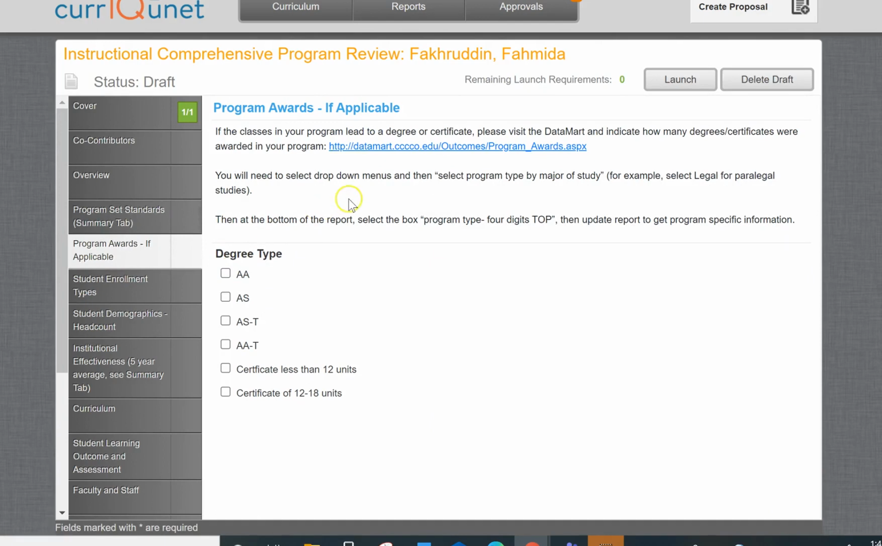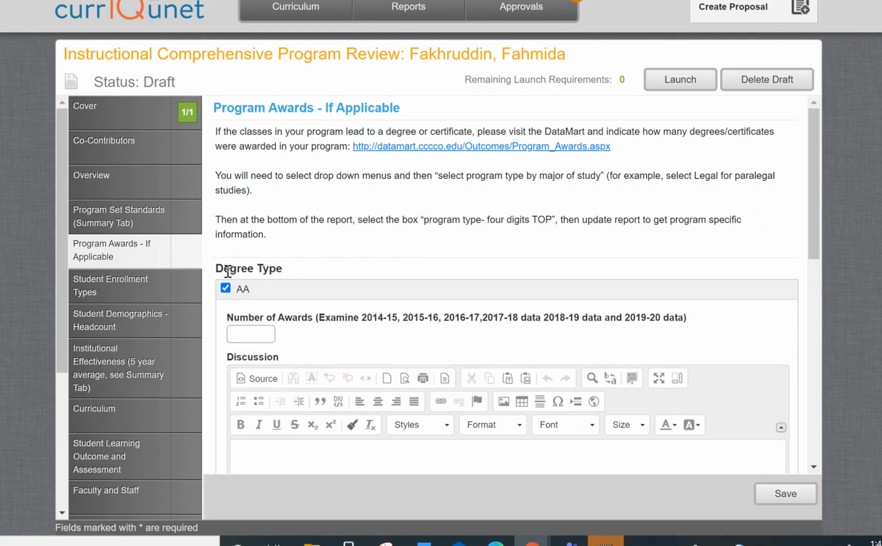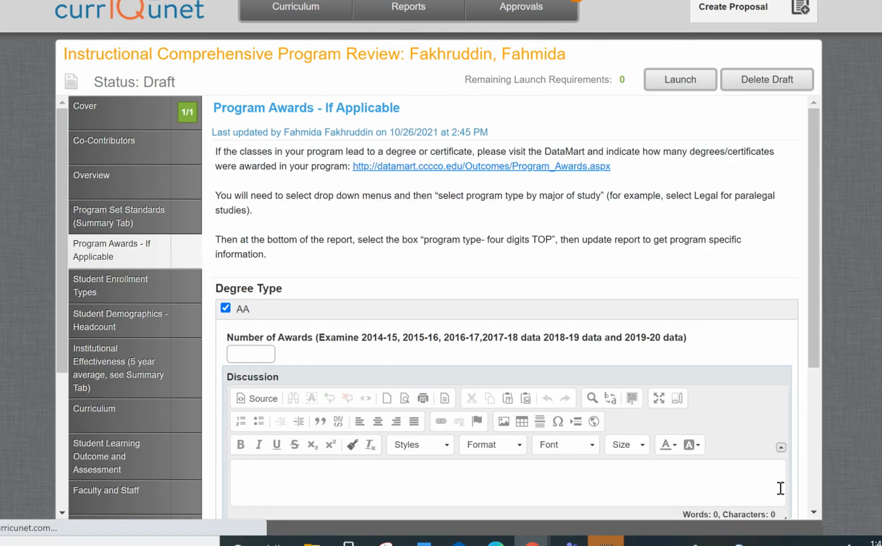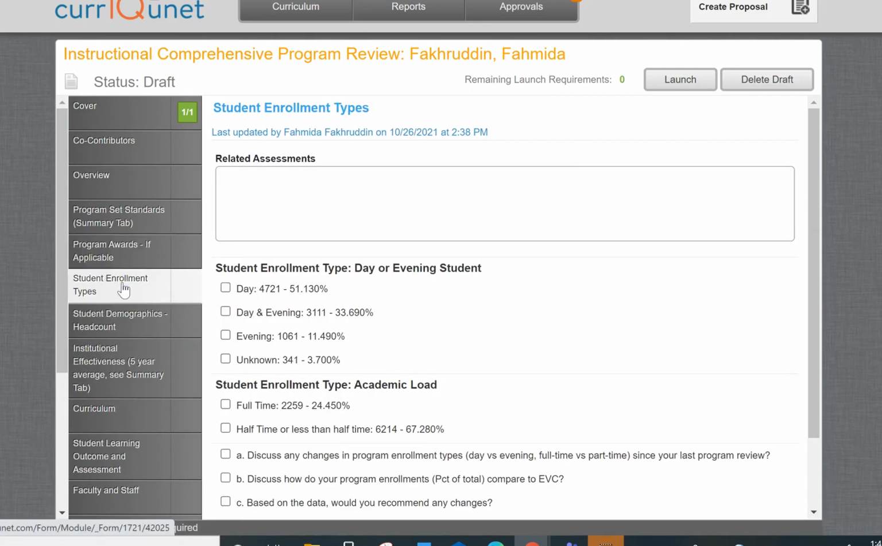And as you can see here, this information you have to get from an external website, the DataMart website. You can go there and get your information about how many degrees for your program have been awarded, and then you can just put the number of hours you got for each type of degree, and then you can discuss this in this box. Okay, so once I am finished here, I save, and then I move to the next section of the program review, which is